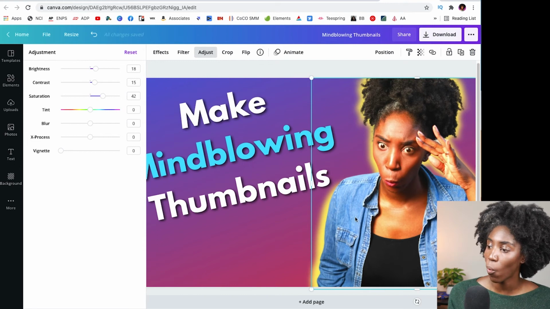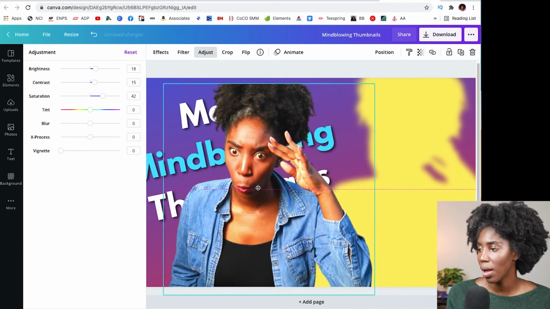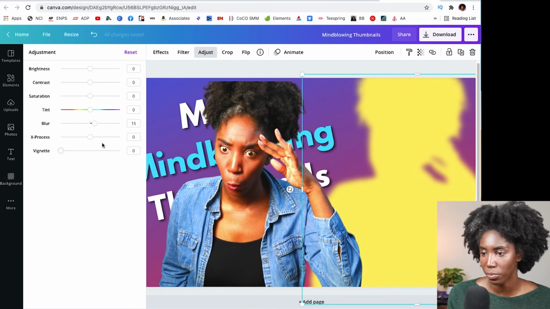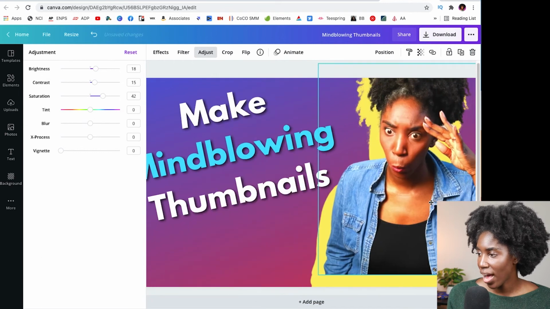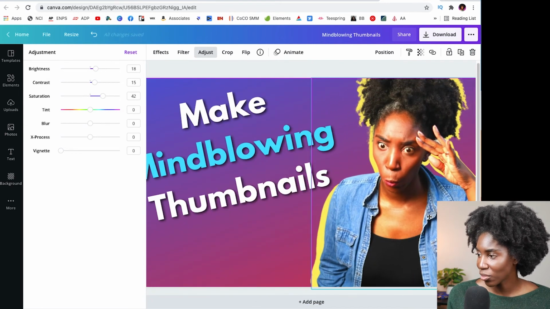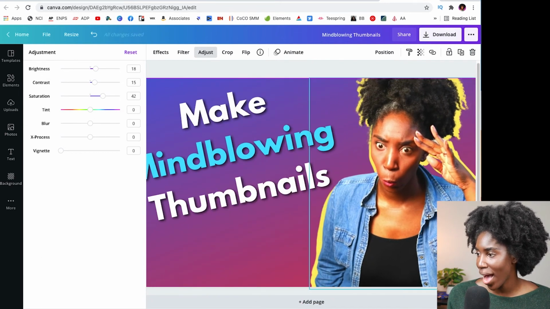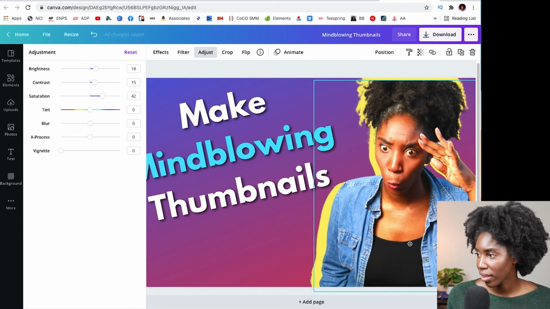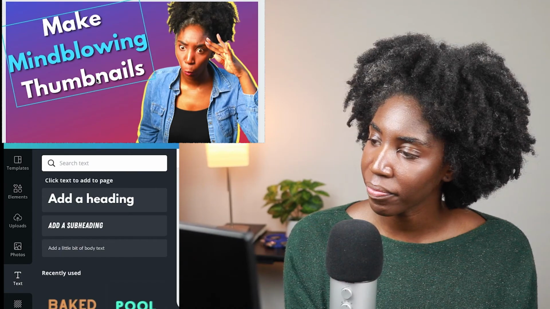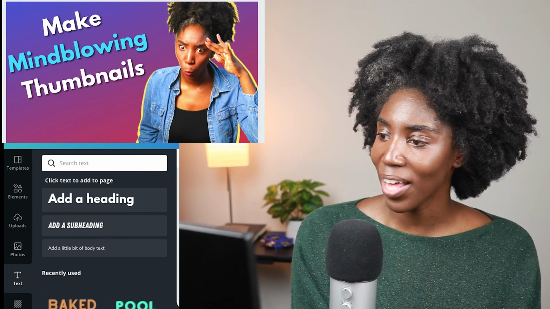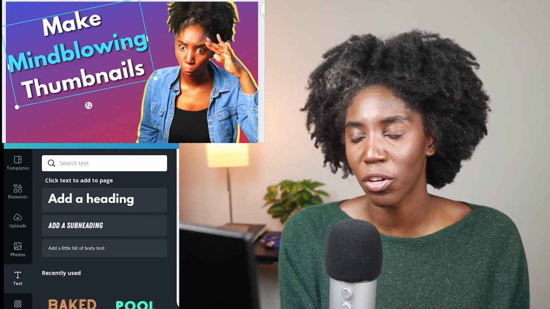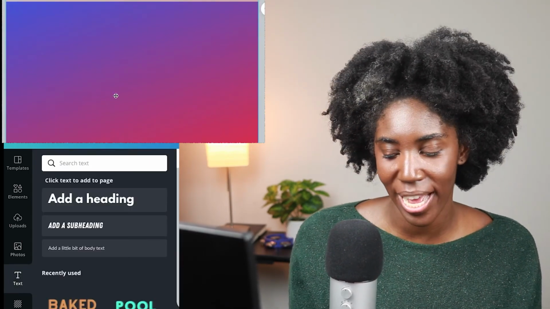So you can do this with a white outline. You can do this with less blurring if you want it to be really sharp. Let's try that a little bit, just get it less sharp. So I'm going to go back and reset it. And now I've got this really cool look, and you just want to kind of match it up with the one in front of it. So now I've got this thumbnail. I like it. I might make some little tweaks, so I'll put that time lapse in for you guys